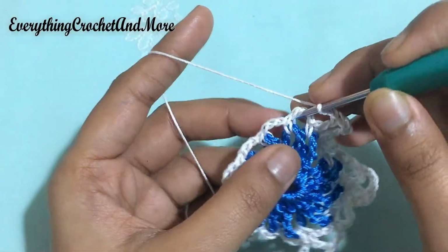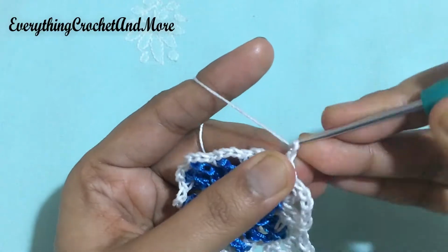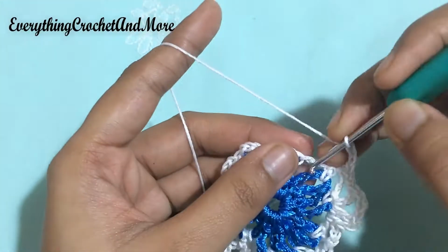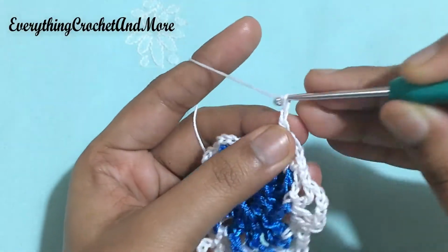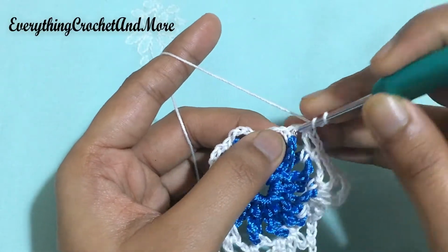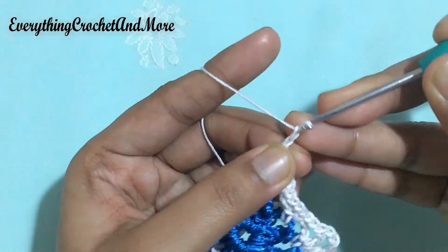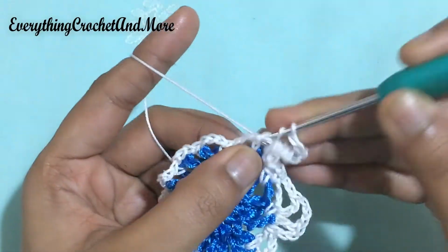So put your hook under the next chain 3 loop and a single crochet, followed by chain 3, 1, 2 and 3 and a single crochet in the next chain 3 loop, like so. Again chain 2, 1 and 2, followed by a double crochet in the next single crochet stitch, like so. Again followed by chain 3, 1, 2 and 3, yarn over once and a double crochet in the same single